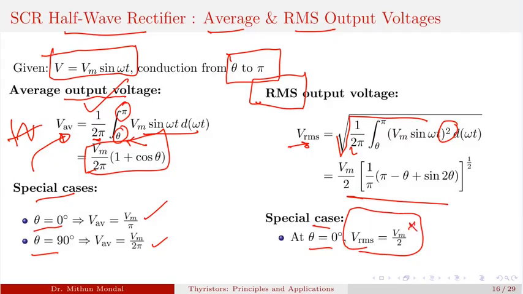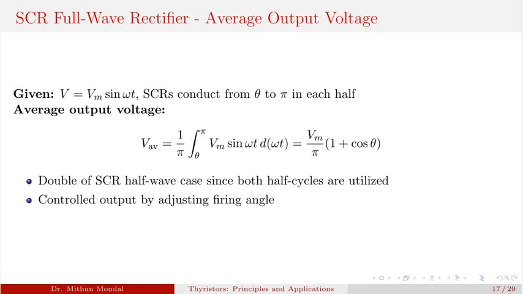So this is what we generally know for the sinusoidal wave, that RMS voltage will be Vm by root 2. But here we will be having Vm by 2 for the half wave rectifier. In case of the full wave rectifier, whether it is in the form of the full wave or the bridge